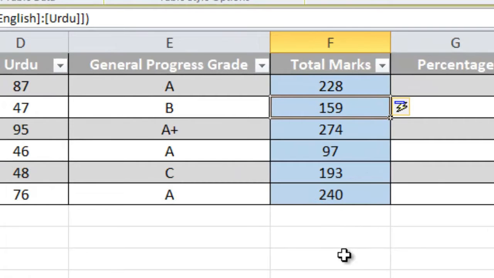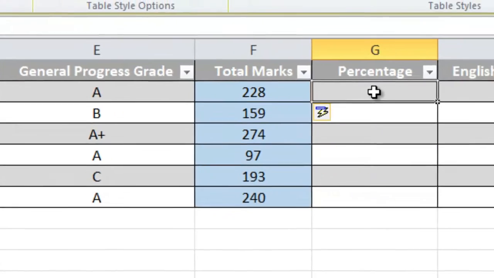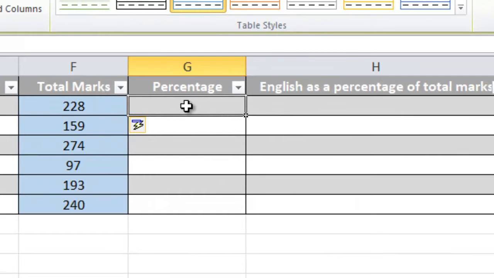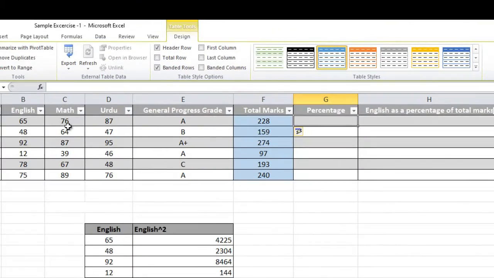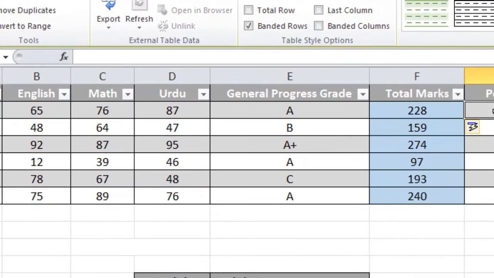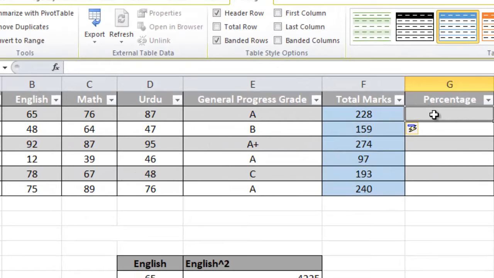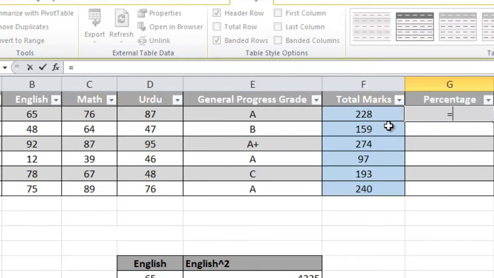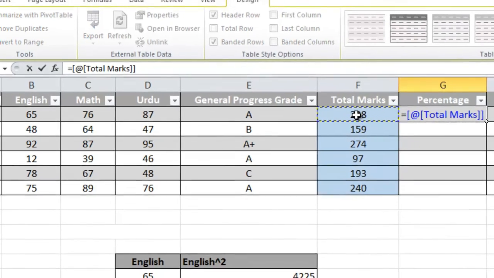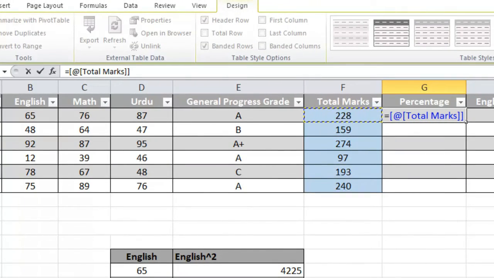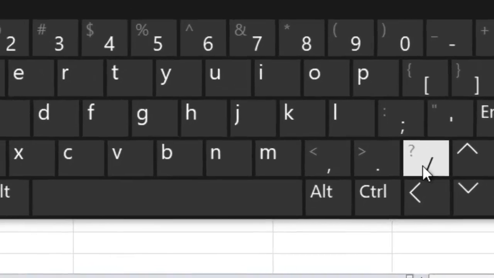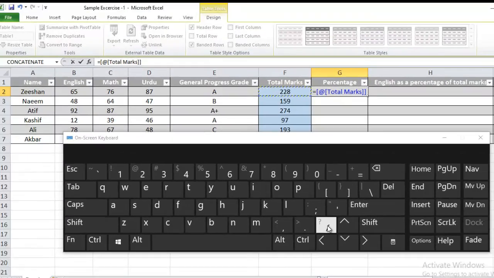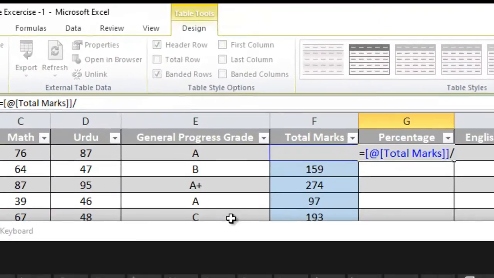So now we have to calculate the percentage over here. The next objective is to calculate the percentage. We got our obtained marks in the subjects English, maths and Urdu. Now let's calculate the percentage. First of all, we put the equal to sign. This is called obtained marks, out of 300. So hit the divide button. Where's the divide button? This slash is called the divide button. Click here. Divided by total marks.